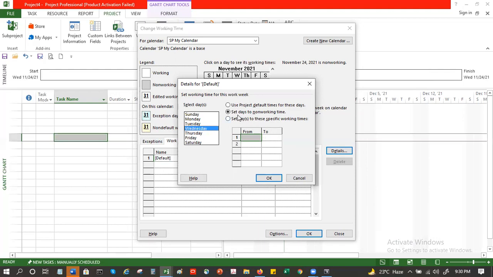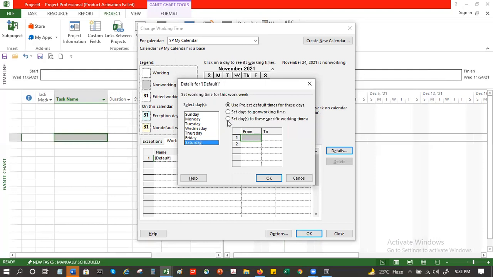I clicked on Wednesday and said set days to non-working time, and I made this empty. So by default, there are no working hours. Then Sunday was our earlier holiday, I made it working time, 8 a.m. to 1 p.m., 2 p.m. to 5 p.m. Saturday also is non-working according to them.